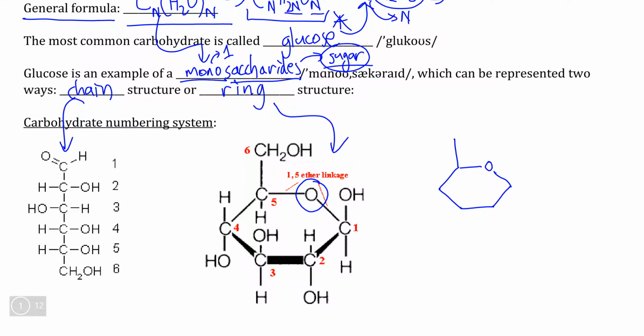So we can see, if we look at the bottom of the ring, that we have one OH group down, one OH group up, one OH group down, and one OH group up like this. Let me just redraw that neatly, like so. And then our final OH group is attached to carbon 6,